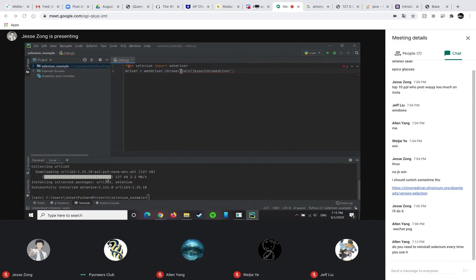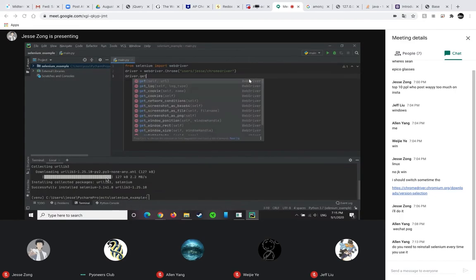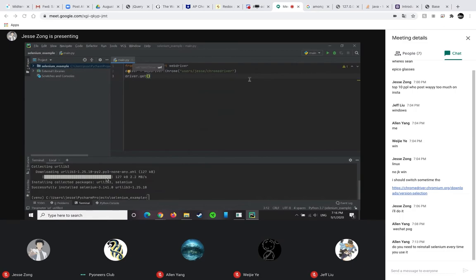So I'm going to explain what that does. It fetches your Chrome driver application from the provided file path, and then you set that Chrome driver application to a driver variable, which is the thing that drives the whole automation. It doesn't have to be driver. It can be anything, it can be D or X. I like calling it driver because it makes sense. And then press enter, and then do driver.get and in parentheses